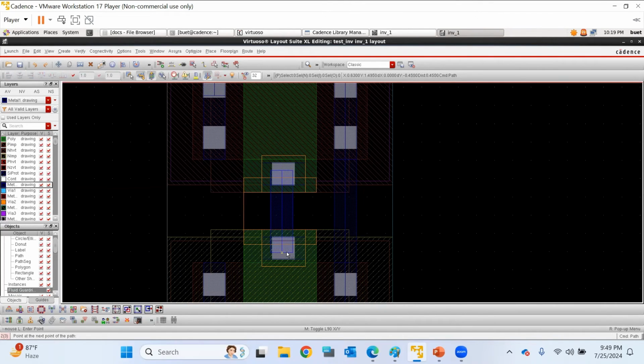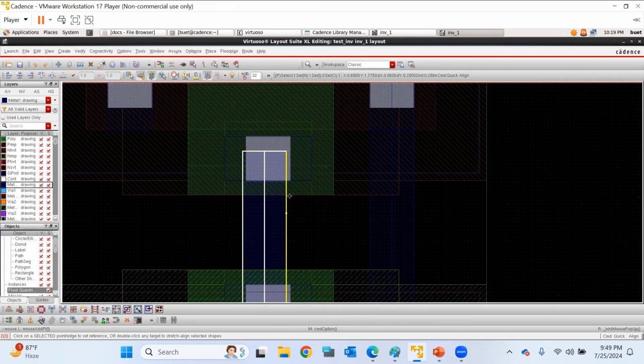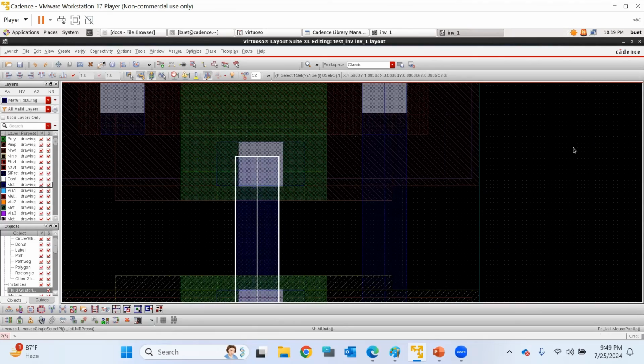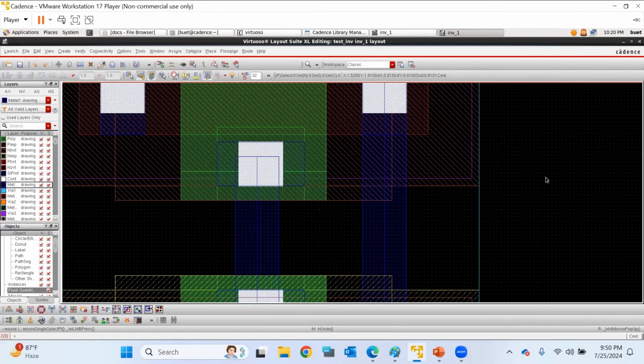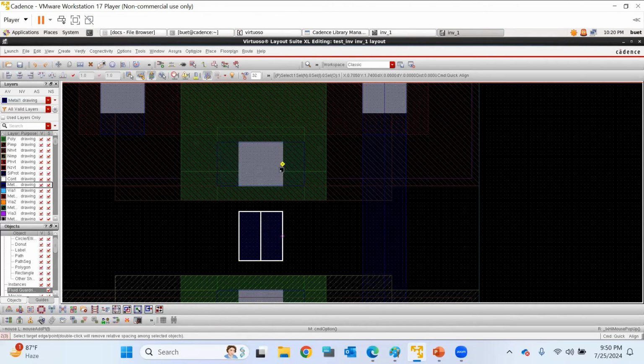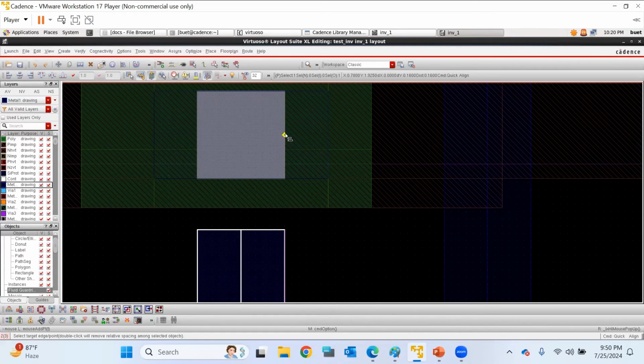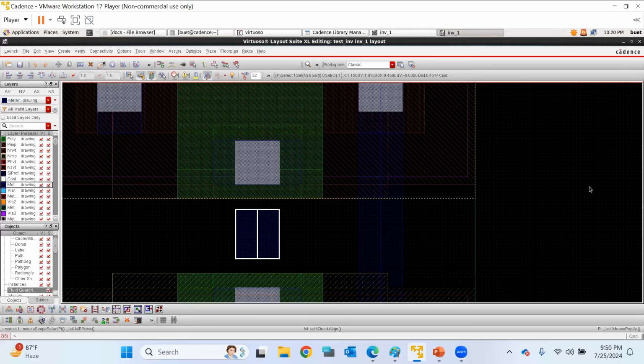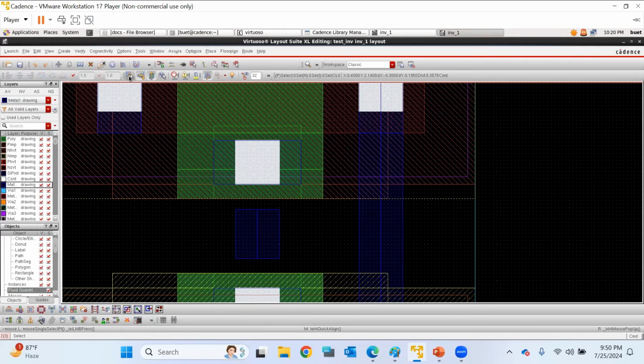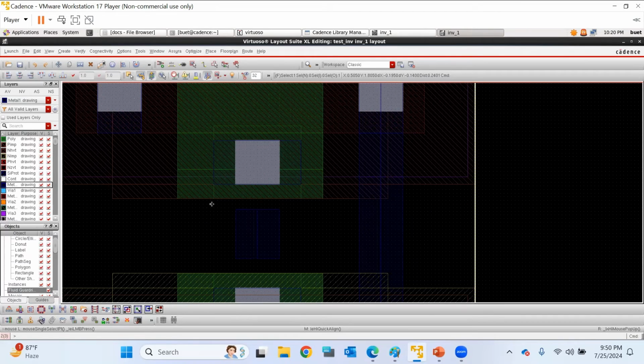Now if we draw this one, take it, align with, so the quality of the layer should be good. Now if I aligned it, now I am just pulling these metals from the top. See, this option is called partial selection. If I turn off this one, you won't be able to